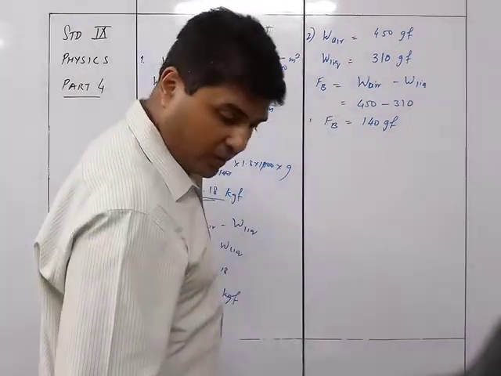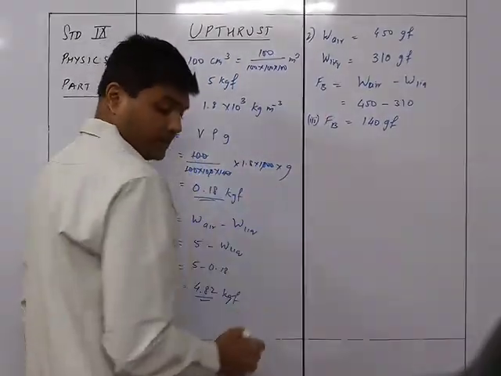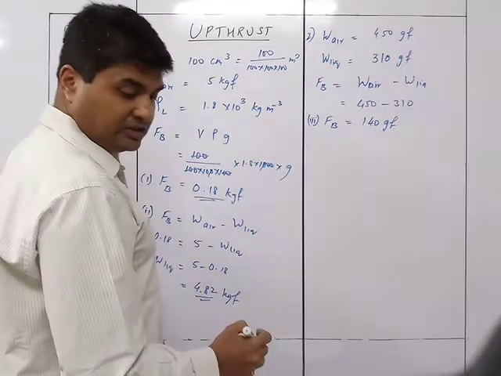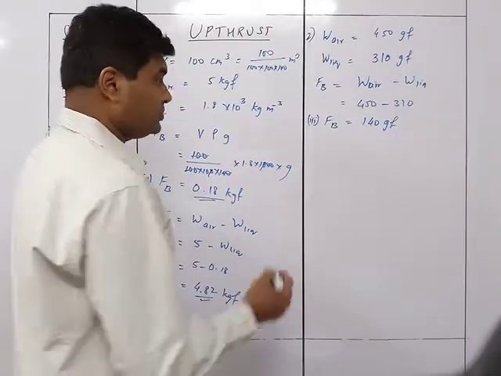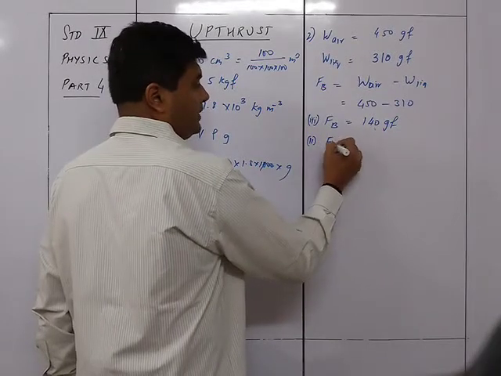The FB we have to find out as the third part. So we found out the third part first. Second, we wanted the upthrust, the loss in weight. So again, second bit, of course, second part, loss in weight. FB is equal to loss in weight.